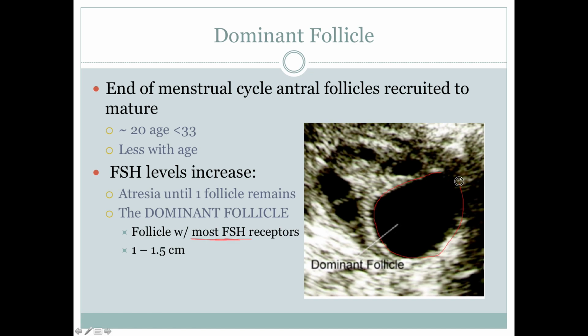And this is from a sonogram, and on sonograms, fluid is black. So this is showing you the dominant follicle. You can see other follicles that have started developing, or they're going to go away with atresia. Yeah, they're not going to make it. They're too tiny. So this one, because it has the most receptors, it grew the biggest, so now it wins. This will be the one that will be ovulated.